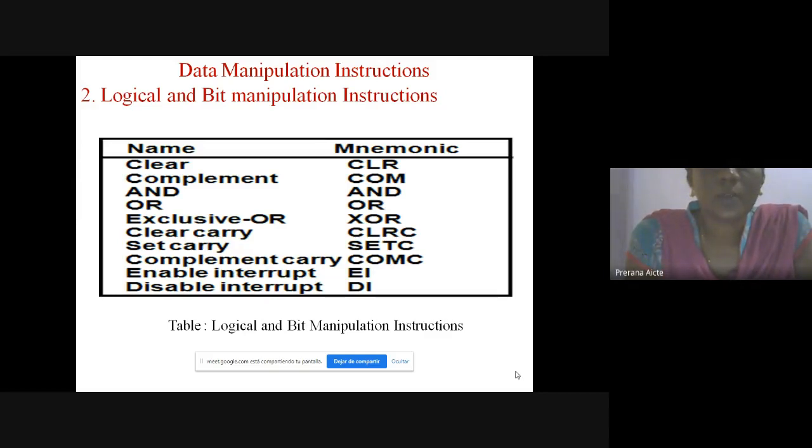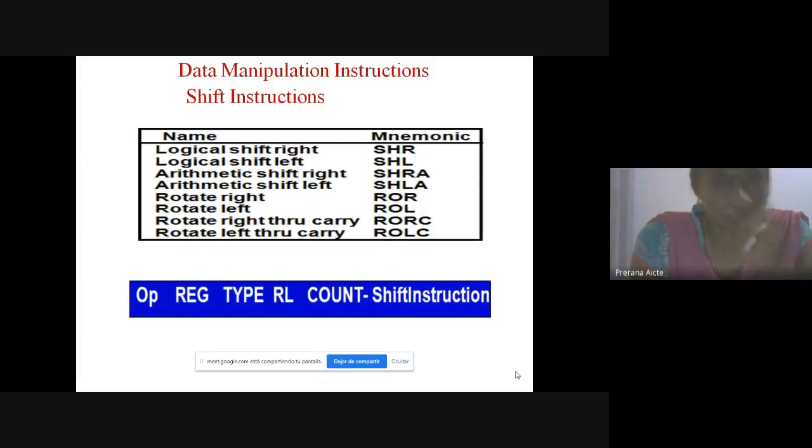CLRC performs clear carry. SETC performs set carry. COMC performs complement carry. EI enables the interrupt, and DI disables the interrupt.